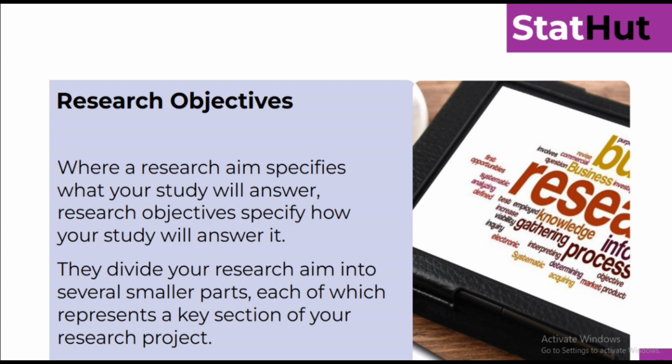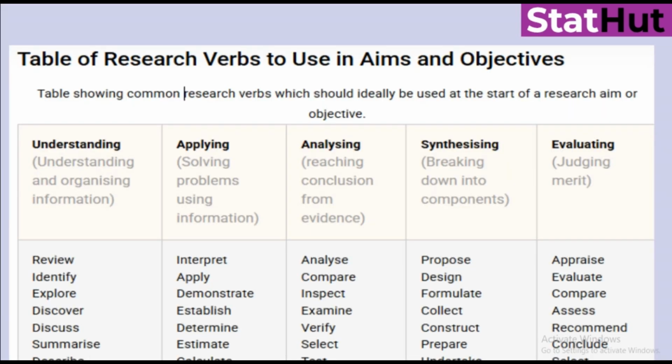And so if you do not actually break it down into objectives, you find out that with your aim, you can just be moving around the bush and you have not actually achieved the aim. But the research objective will help you contextualize your research, narrow it down to smaller parts, and help you to provide an answer to the aim of the study, right? Okay. Now there are some verbs we use in